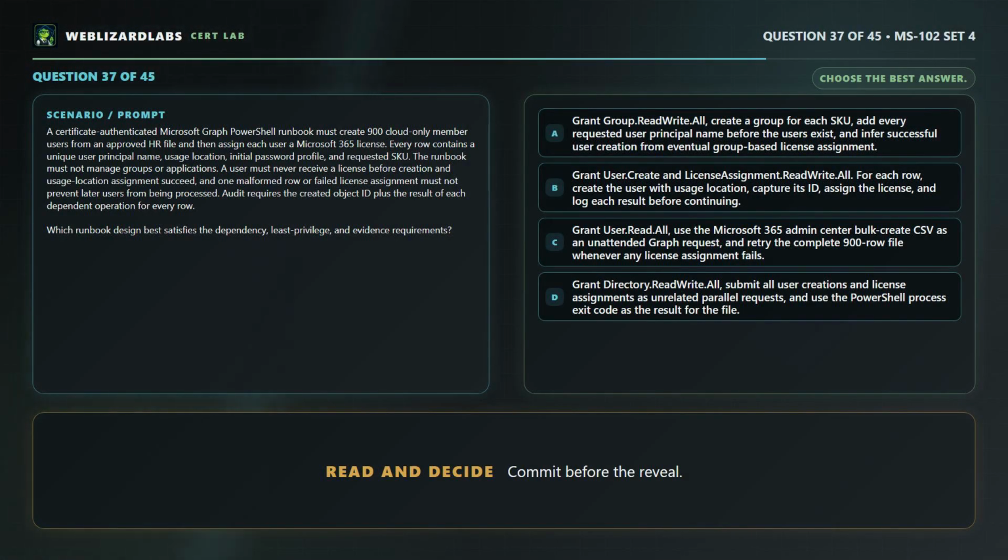Question 37 of 45. A certificate-authenticated Microsoft Graph PowerShell runbook must create 900 cloud-only member users from an approved HR file, and then assign each user a Microsoft 365 license. Every row contains a unique user principal name, usage location, initial password profile, and requested SKU. The runbook must not manage groups or applications. A user must never receive a license before creation and usage location assignment succeed,